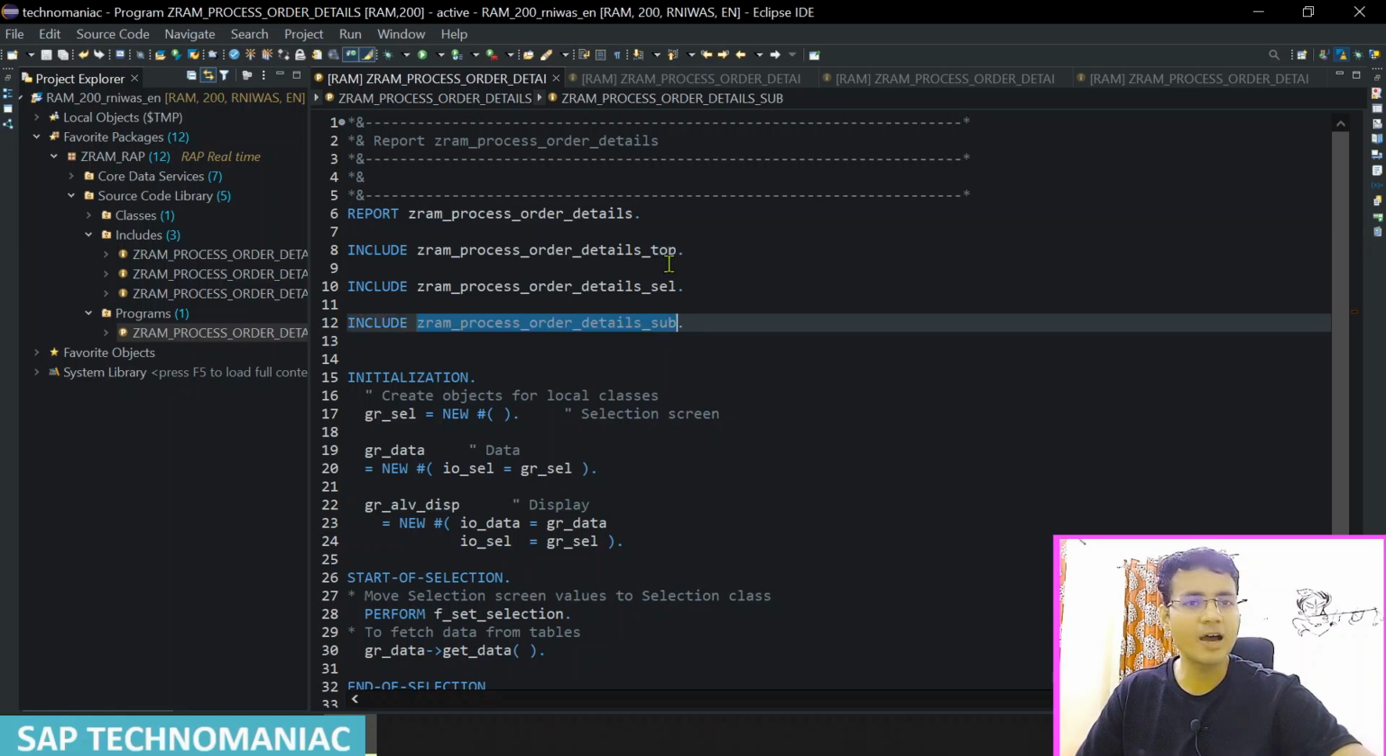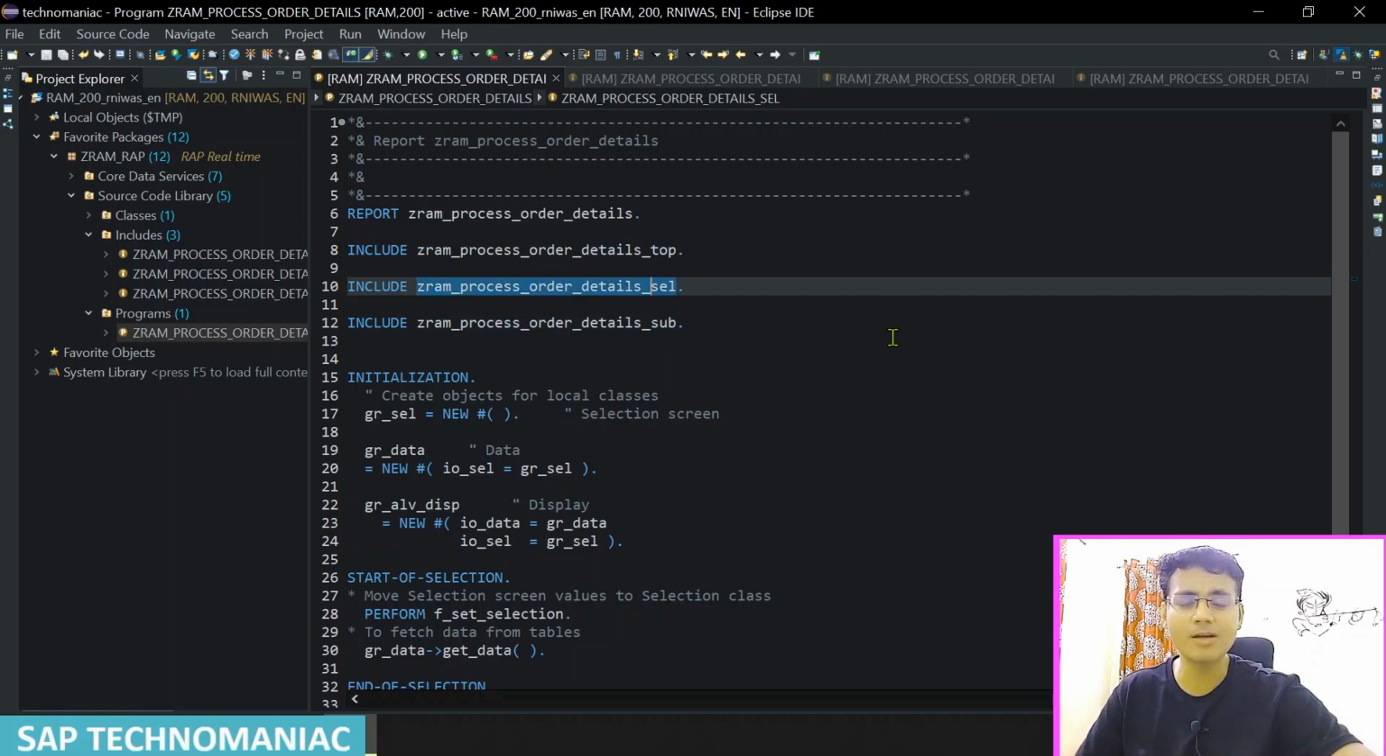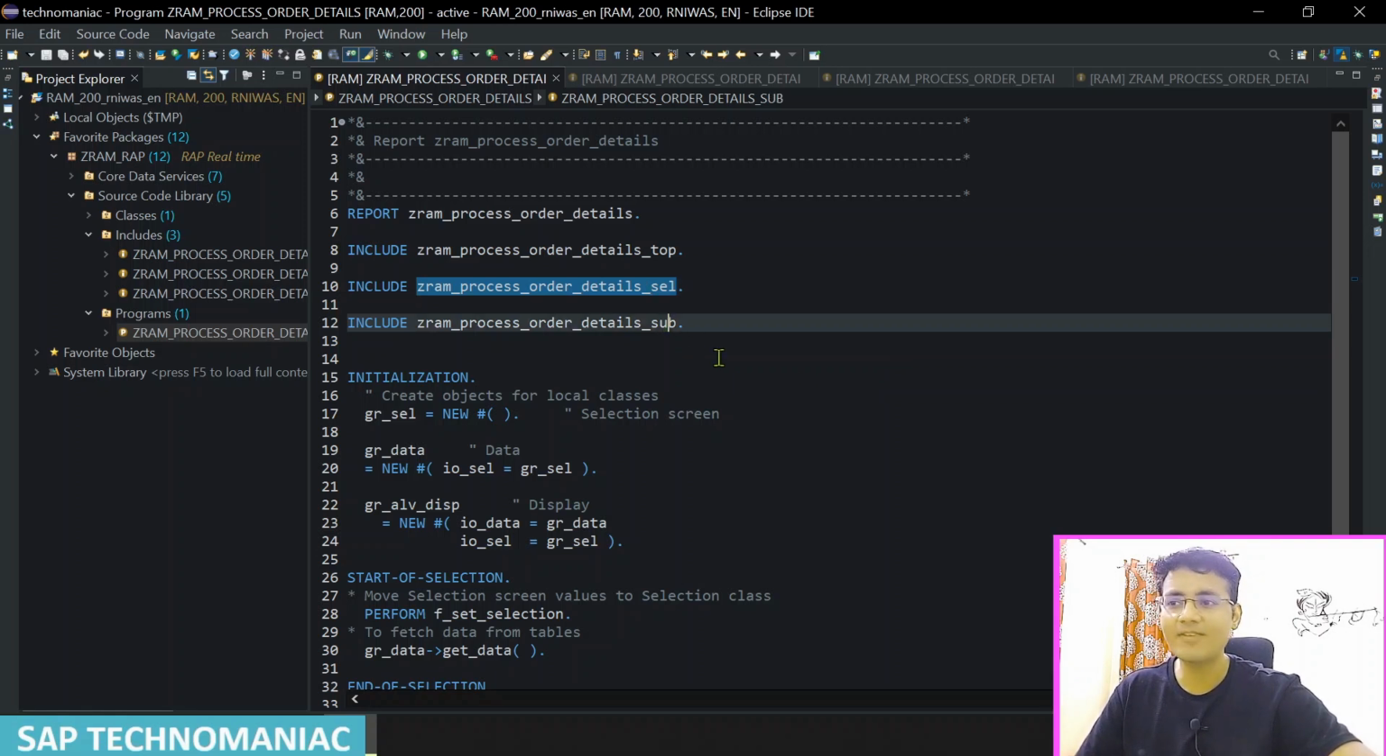In the top, we have all the data declaration. In the selection screen include, we have the selection screen. We don't have a tough selection screen. There are only 3 select options and 1 checkbox. And we have the subroutine, and in the initialization part, since we have the 3 classes, one for the selection screen, one for the data fetching, and one for the display, we are initializing all 3